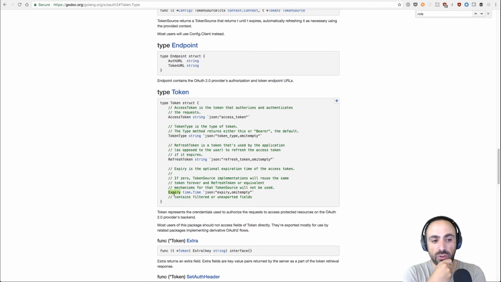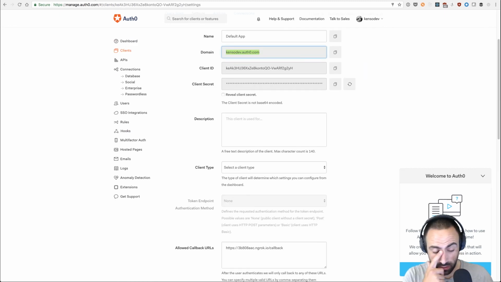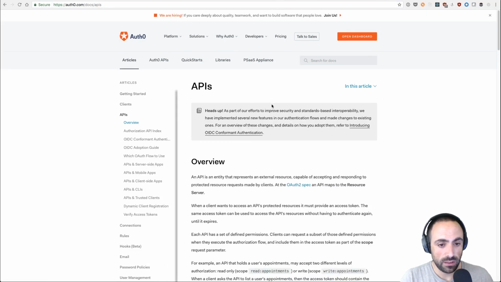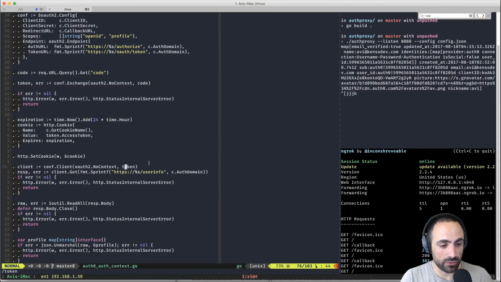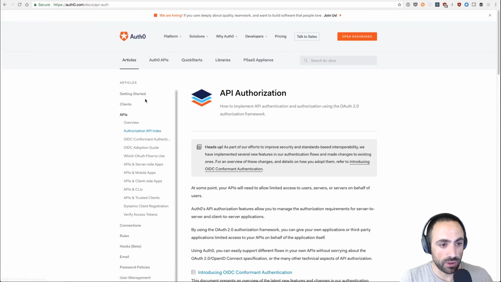So what I want to avoid is saving this as a JSON to the cookie. So I definitely want to avoid that. On one hand. On the other hand, I'd rather not go through the trouble if all I need is the token. So what I'm looking for here is APIs. And then what do we need here? So user info here, and then the client, and then user info. Okay. So then user info. So there it is, authorized API index.